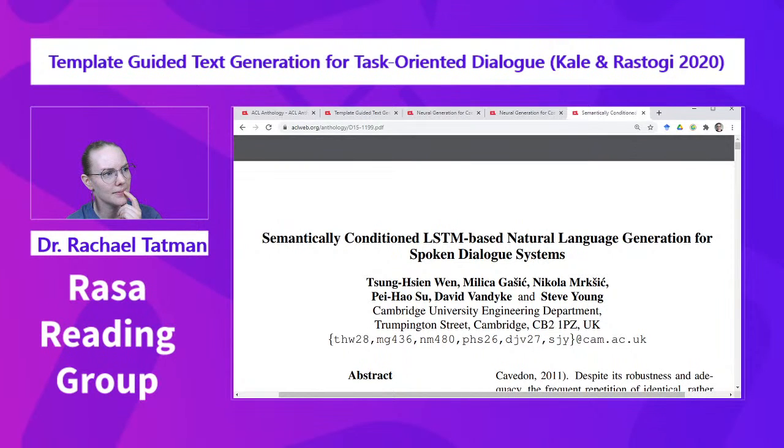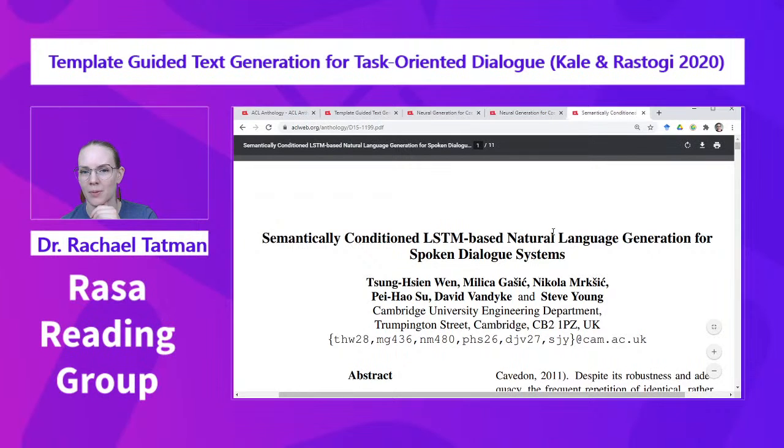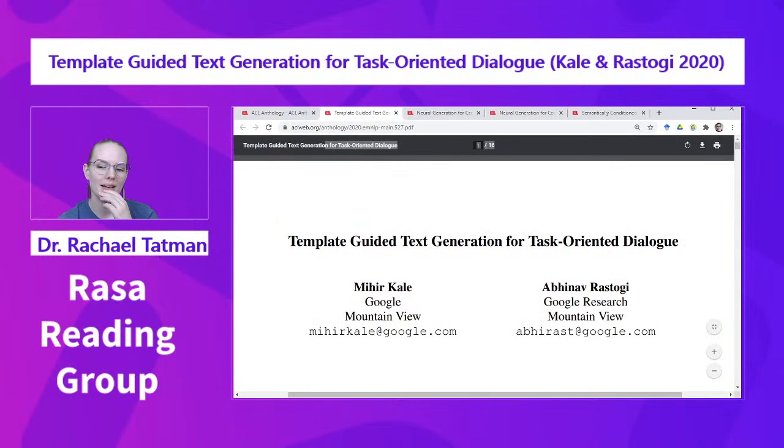Yeah. This isn't the paper we read. This is the paper we read. Yeah,